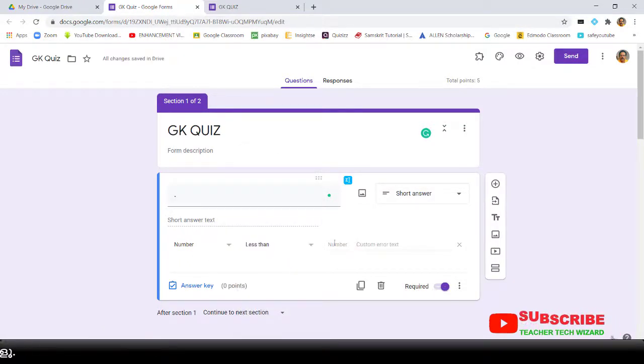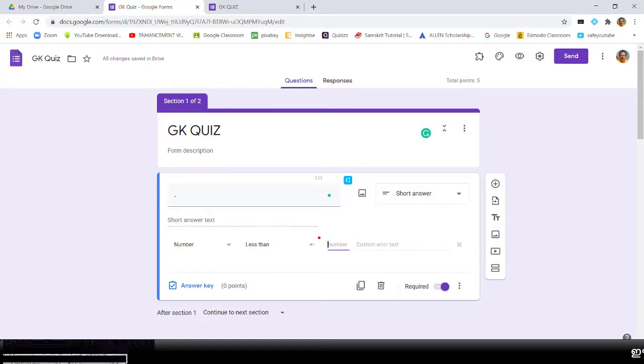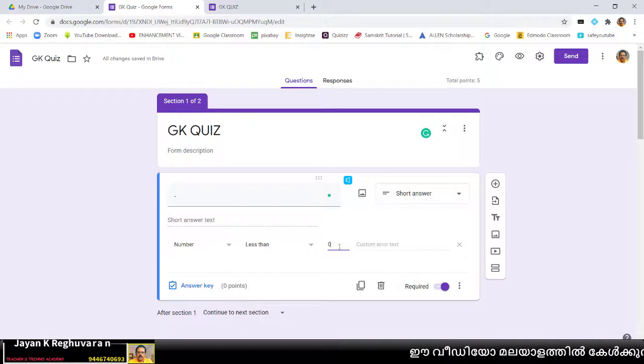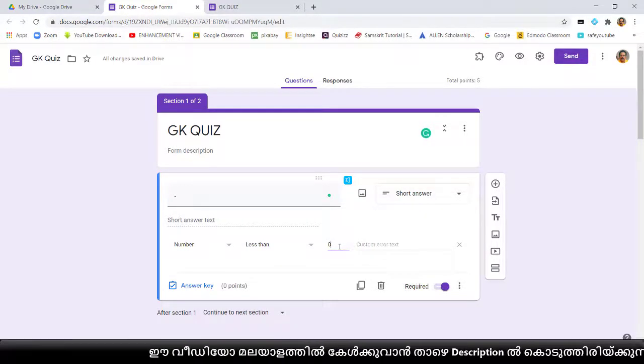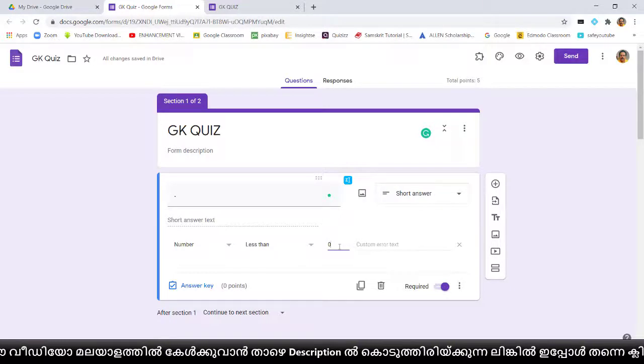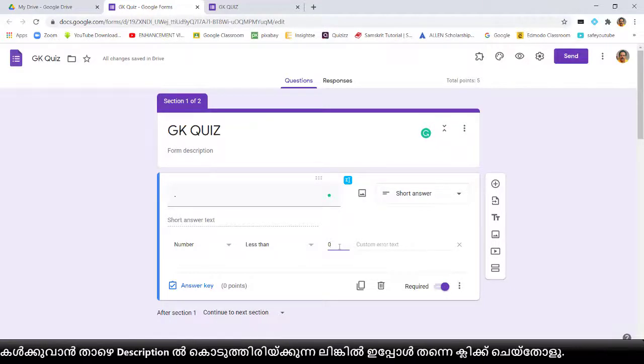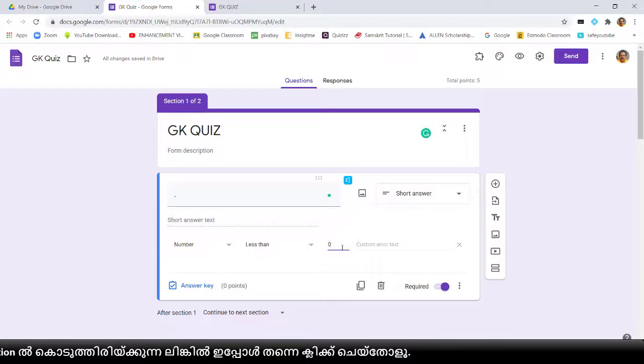Less than means whichever number you type here, they have to type a number less than that to open this Google Form. Type 0. Less than 0 is a negative number. If they give any negative number, the Google Form will be opened. Children will not think about a negative number.